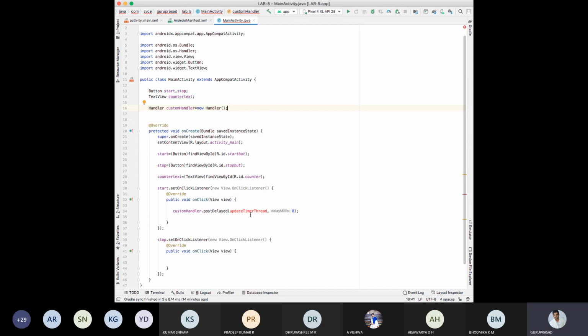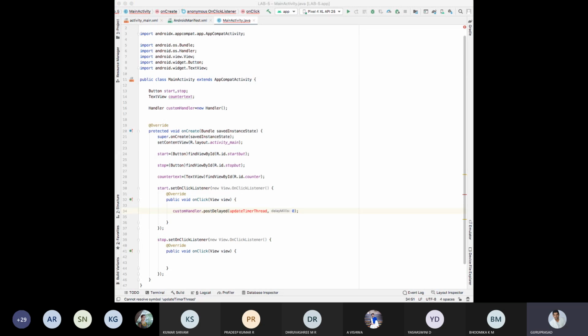Then why is there a red mark on updateTimerThread? Left click on that, Alt Enter. It is saying create a local variable, updateTimerThread.